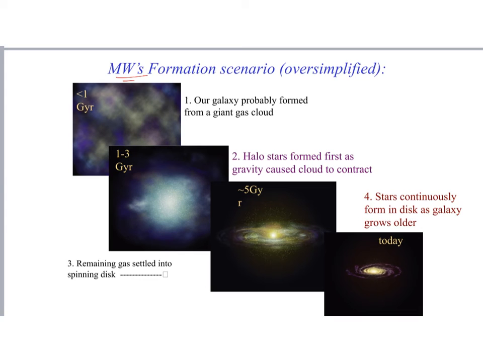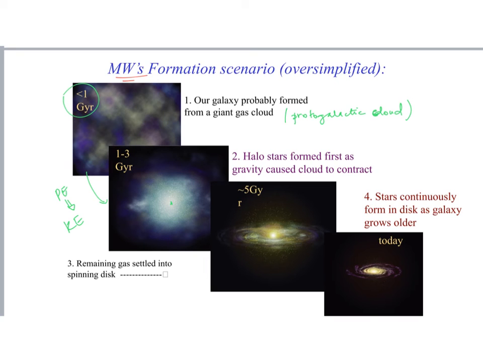Obviously, this is quite oversimplified, but the idea is the galaxy probably began as a huge blob of gas that we can call a proto-galactic cloud. And that happened when the universe was less than 1 giga-year old. And then gravity caused the cloud to shrink in size, okay? And therefore potential energy is lost, or potential energy is converted into kinetic energy. Things become